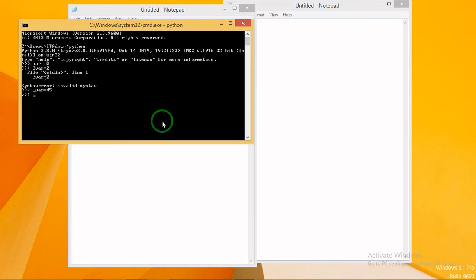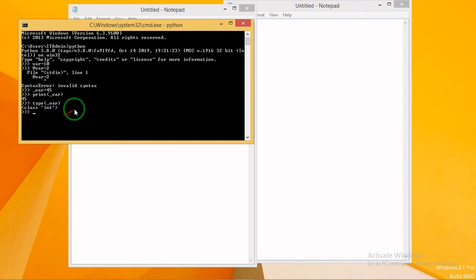If I print it here, it shows one value: 45. So what is 45? The value 45 is an int. It is an int object.